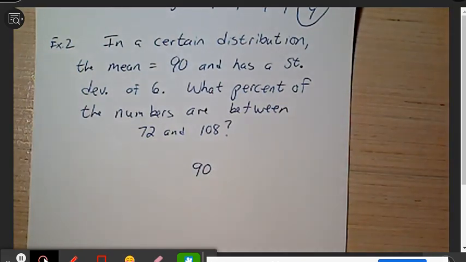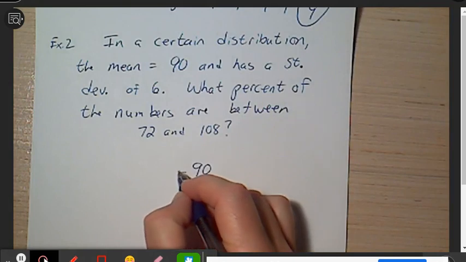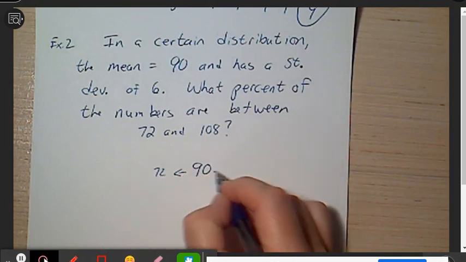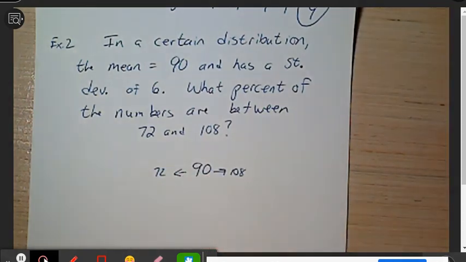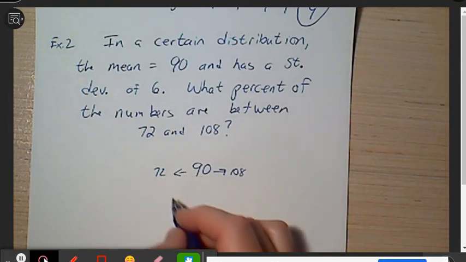All right, so for this one, you've got to find out what the k value is. So you've got to find out how many standard deviations you can move from one to the other. You've got 90 here, and you're going to a low score of 72 or a high range of 108. It should be the same either way, whether you go from 90 to 72